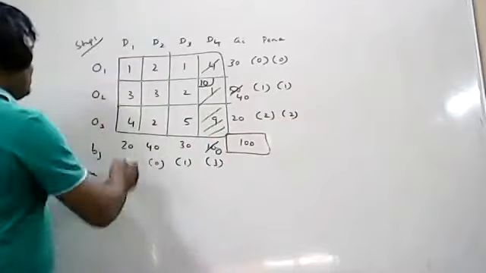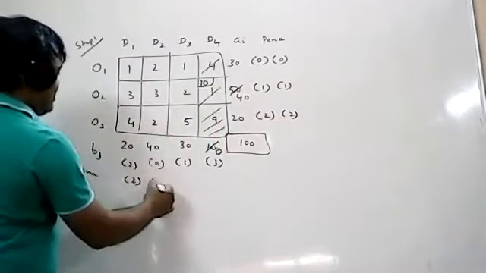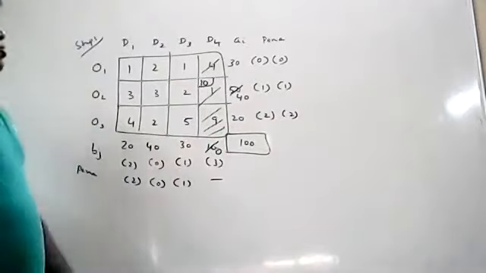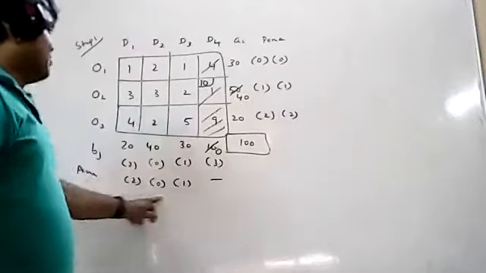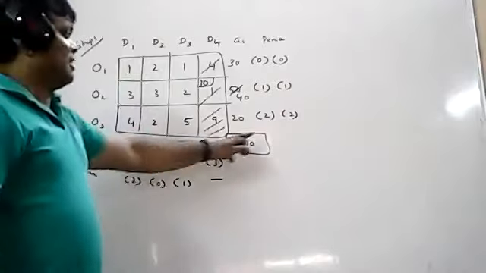Similarly, repeat for columns. Smallest element, next smallest element 2. Smallest element, next smallest element is 0. Smallest, next smallest 1. Fourth column is cancelled. So go for highest penalties among rows and columns. What is the highest penalty? Highest penalty is 2, but it occurs twice and the highest penalties are equal.